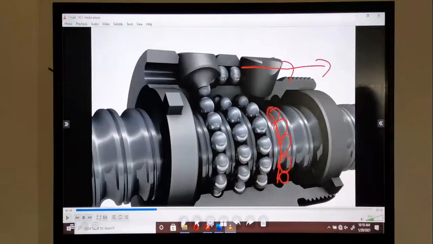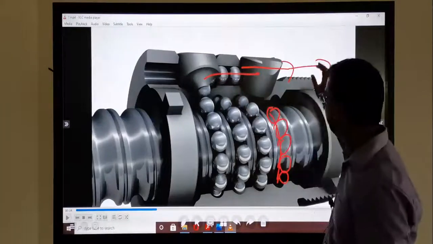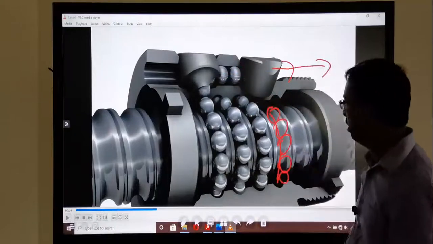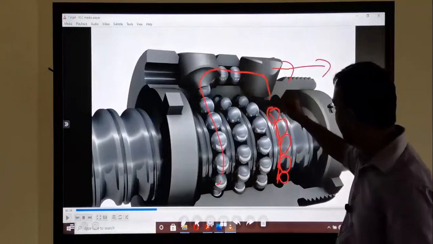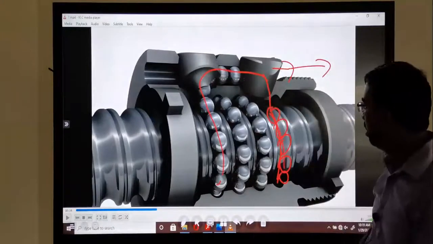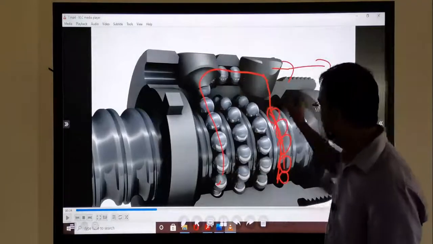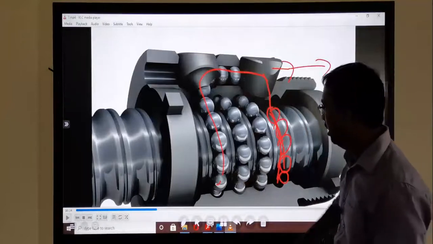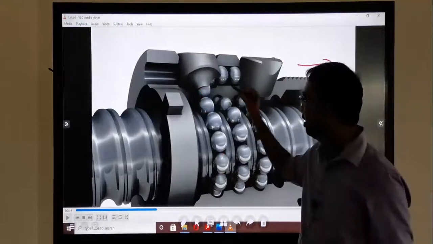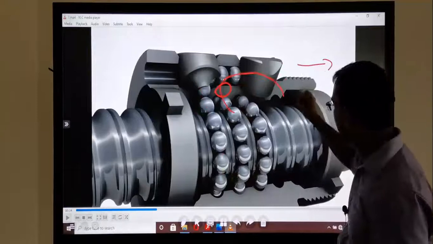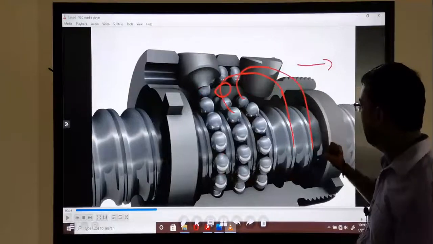How is it achieved? Here you can see the bypass passage. This is the passage. The last row of balls moves through this passage, and is dropped or falls into these new grooves and fills here. So these balls are eliminated and filled here. Then what happened? The next time this passage comes to here, these balls are eliminated and fill these grooves, and these balls fill this new groove.